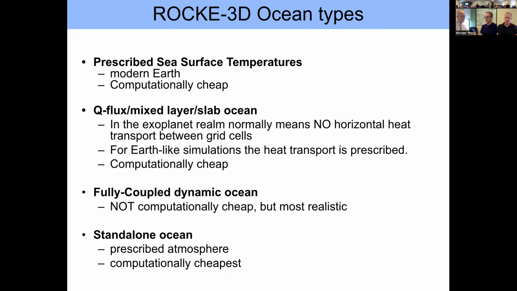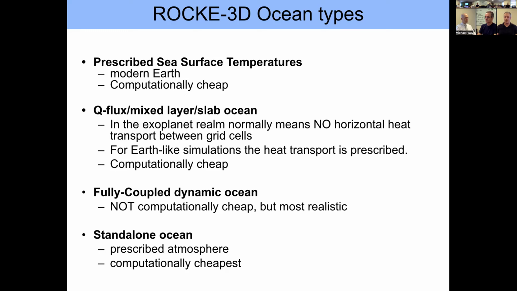The second one that Costas also described this morning is your Q-flux run, where instead of a file, you're going to couple to the dynamic atmosphere a slab ocean, and you're going to compute at each time step the heat flux Q between the atmosphere and the ocean. Once again, relatively computationally cheap, but not as physically realistic as our third option,